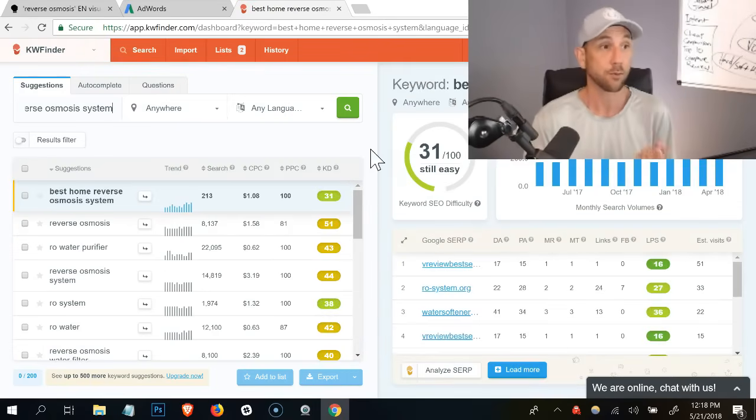So you can see right here, I found off the top, best home reverse osmosis system has a 31 keyword difficulty. That is a great keyword difficulty if you're getting started. This is a buying phrase. People want to know what the best is. They're ready to buy. They know reverse osmosis is for them. They want the best one.